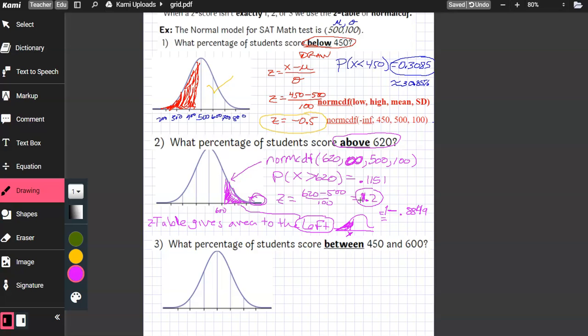If you subtract that, then you should get 0.1151, which is the same thing that the calculator gave us. Number 3,